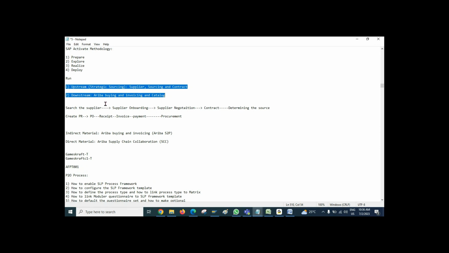Okay. So now we understood these are the Ariba solutions. Now let's try to understand quickly how we can map this to a business process. We can take a very simple example from a customer perspective of how we can utilize these Ariba solutions in our business process. I'll give a very layman example. You can take the Ariba training itself as a very good example. Please don't mind. This is a very simple example which you can easily digest.